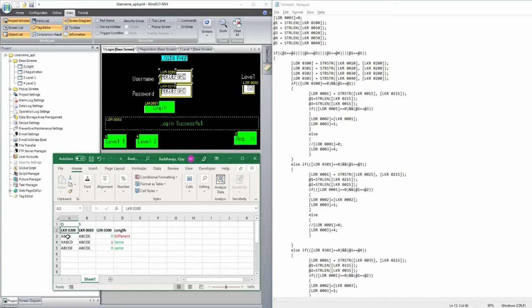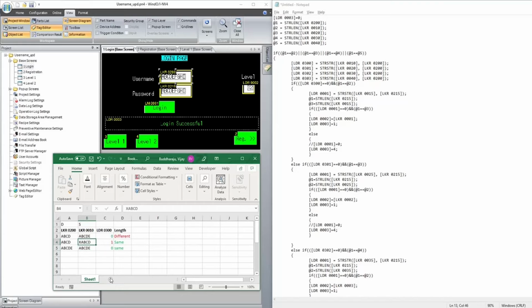Let us say in LKR 200 I have entered XABCD, and LKR 10 is ABCD. Now X is not present, that's totally wrong. So I'll modify this.